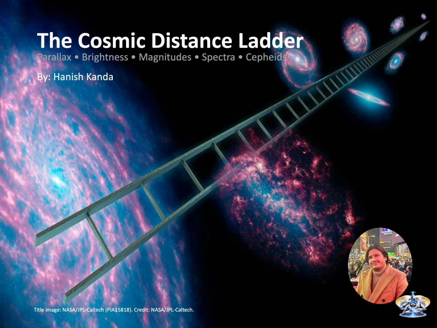My name is Hanish, and today we're doing one of astronomy's best magic tricks, measuring distance with nothing but light. No rulers, no tape measures, just photons and a little bit of geometry. The big idea is the cosmic distance ladder. We don't leap to the edge of the universe in one go. We climb rung by rung. By the end, you'll be able to compute a distance from brightness info and also understand what can go wrong and why calibration matters.